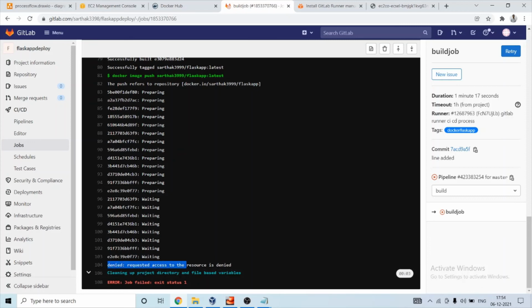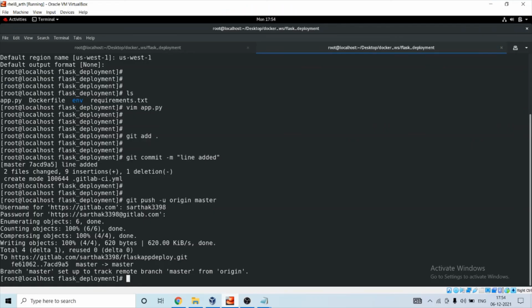So denied: requested access to resource denied. Okay, I need to run docker login.